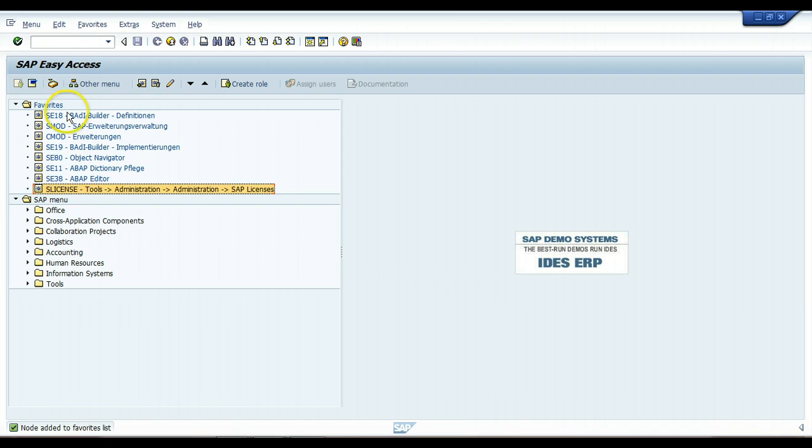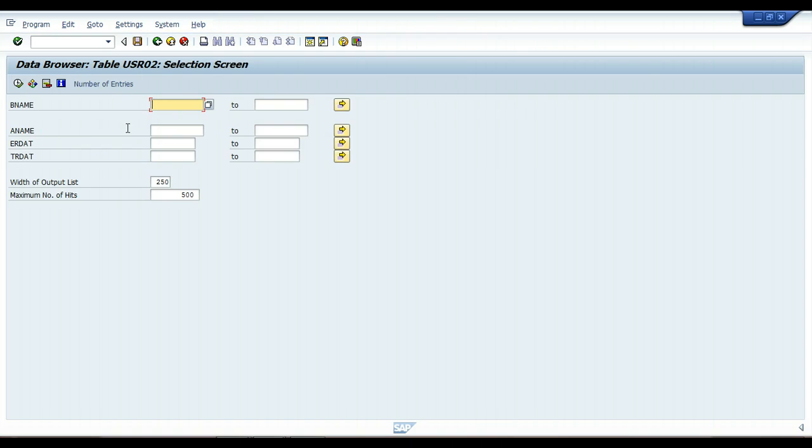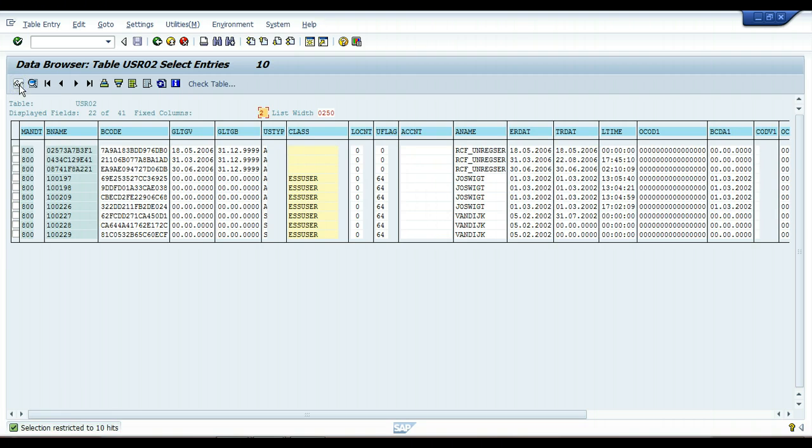Let us look at a particular report. SC16 transaction is to view tables. You just give the table name, for example USR02. You click enter, and maybe you want to look at the top 10 records. Execute,